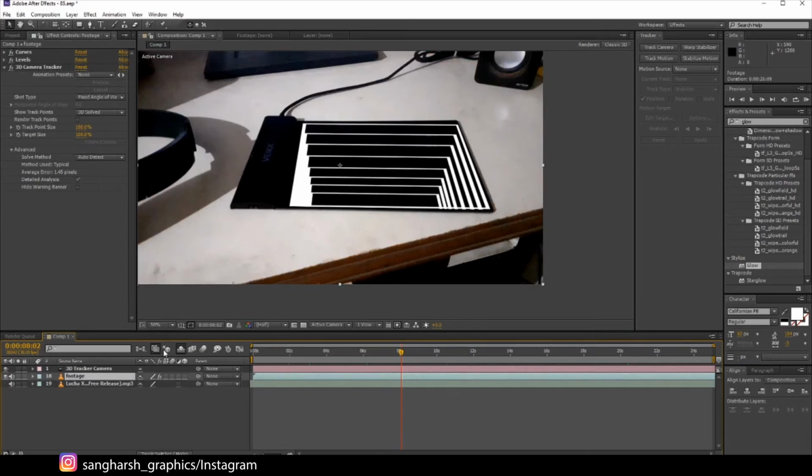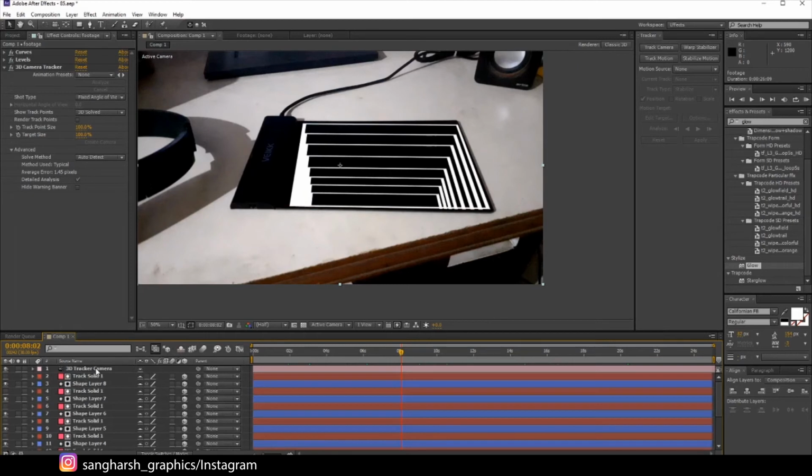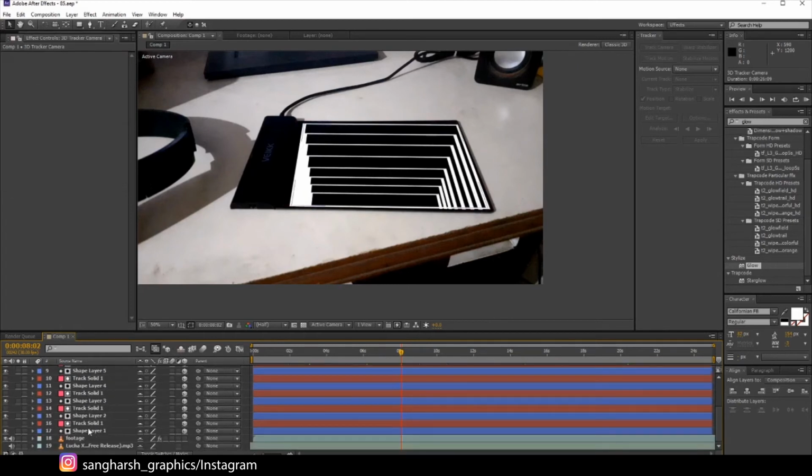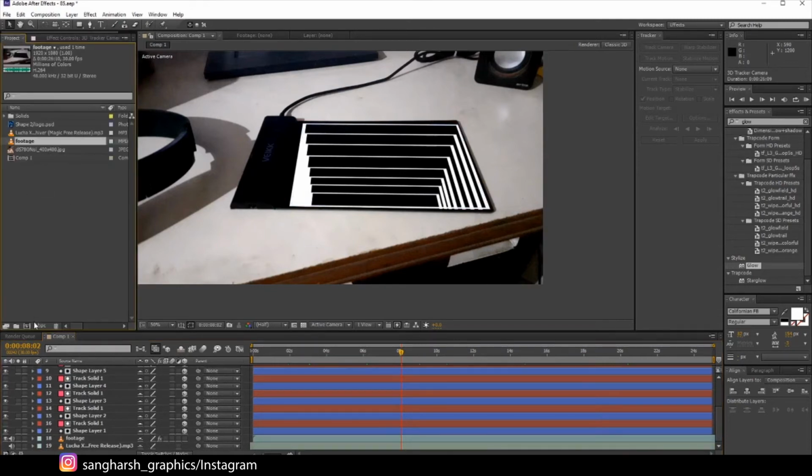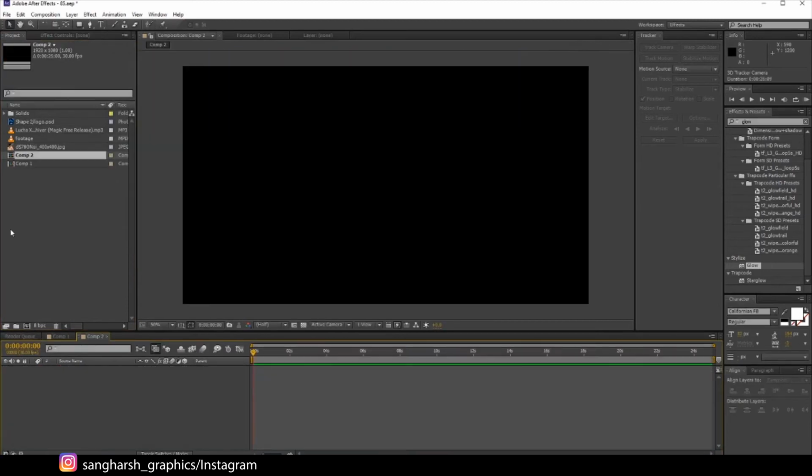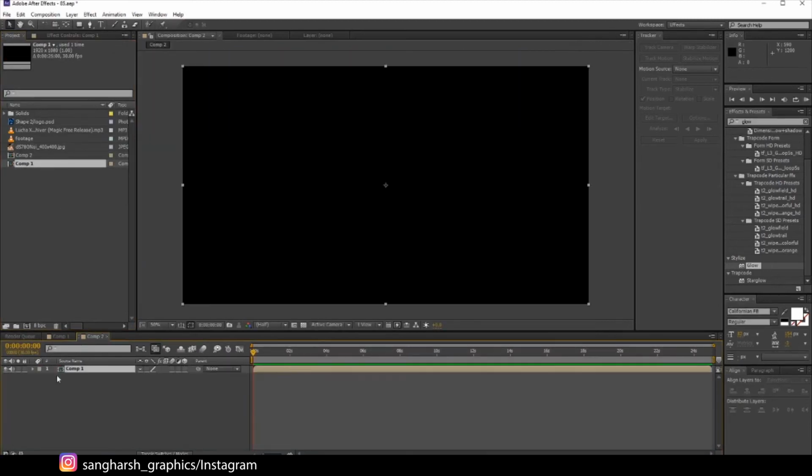We can do one thing, let's just disable the shy. We can just make a new composition of the same size. Let's drag the composition 1 into it.